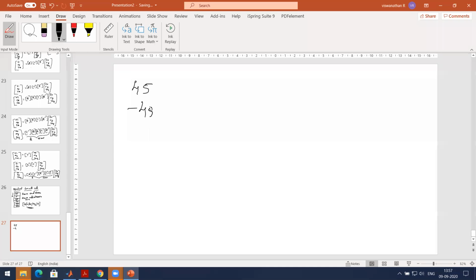Now the sequence is 45, minus 45, 30, 30, and 0. How do you represent this? Instead of writing 45, minus 45, 30 with subscript 2, what you do is use plus and minus. First is plus, then minus: plus or minus 45, then 30 two times, and then 0. So this is how you represent this.